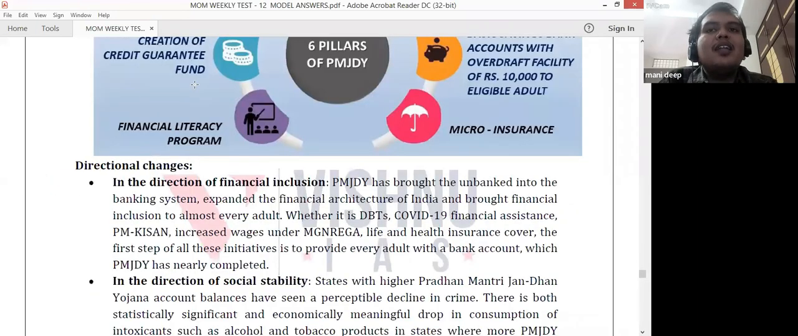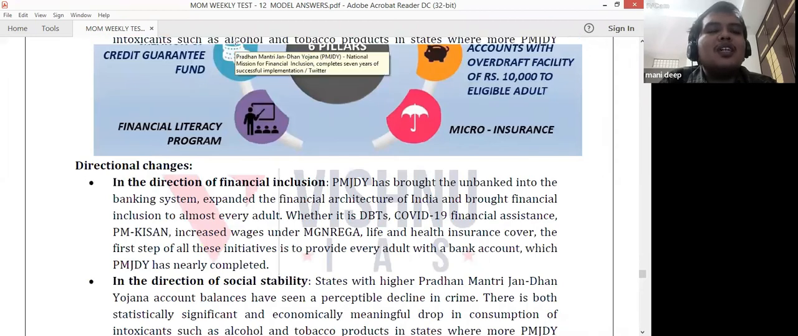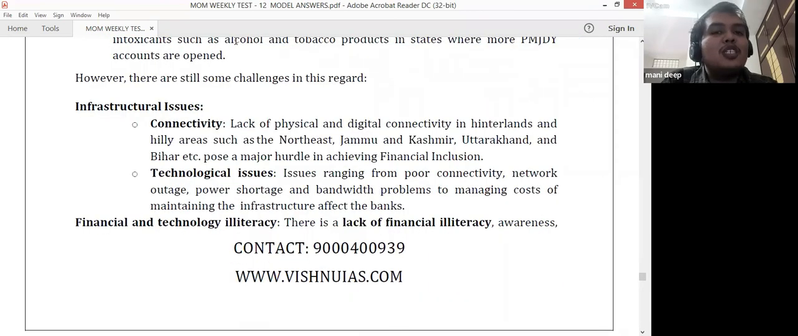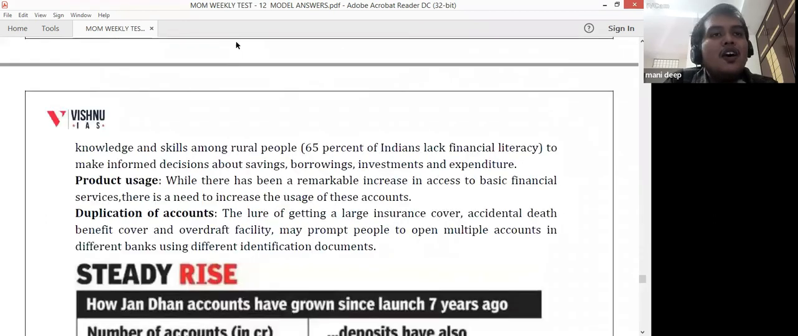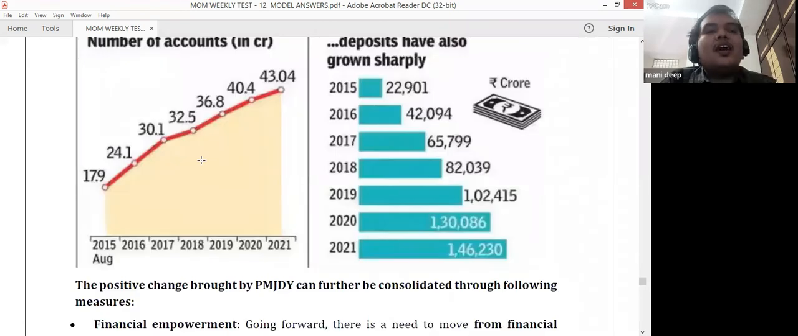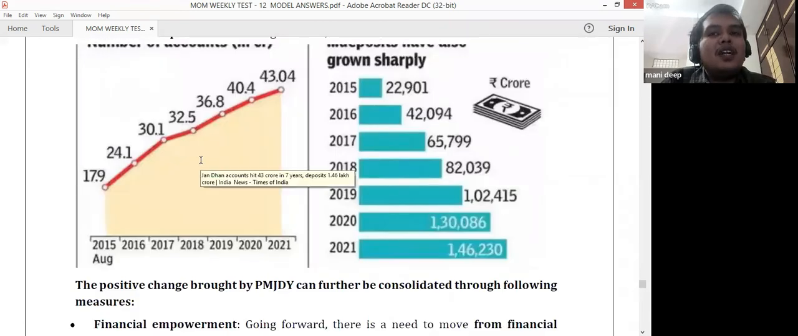Then you can write about directional changes in the direction of financial inclusion and social stability. You should focus upon social stability also. In the conclusion, every time, even if they did not ask or even if they ask, you should write about challenges. You should write about challenges of infrastructure, and you should write about challenges of skill development or training. Then you can add the financial literacy and product usage, how easy it is or how difficult it is. Then you should write about